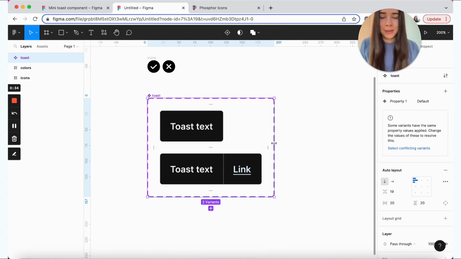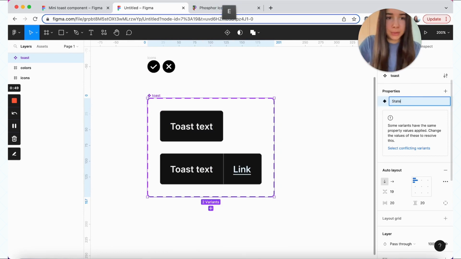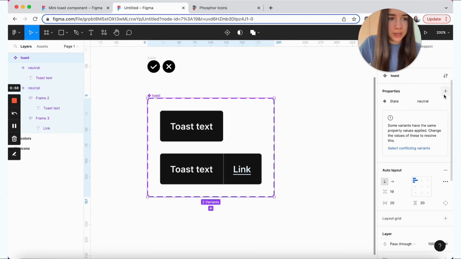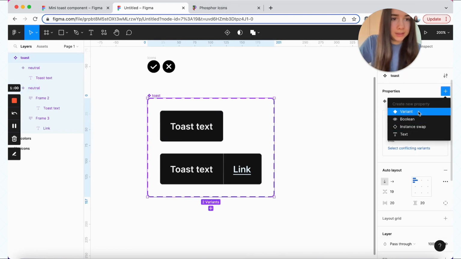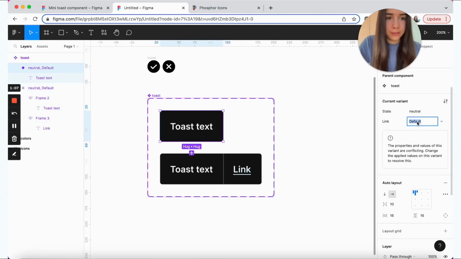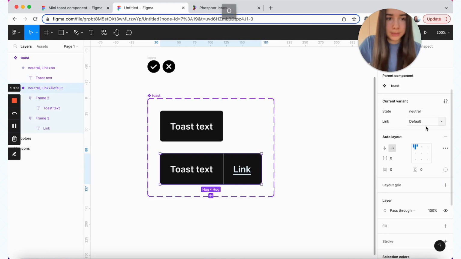Once you start adding more variants, it's just easier to manage. Our first property we'll call state, and both of these are neutral. And then we're also going to add a second property, also a variant, and this one is going to be a link. And this one is going to have a no. And this one is going to have